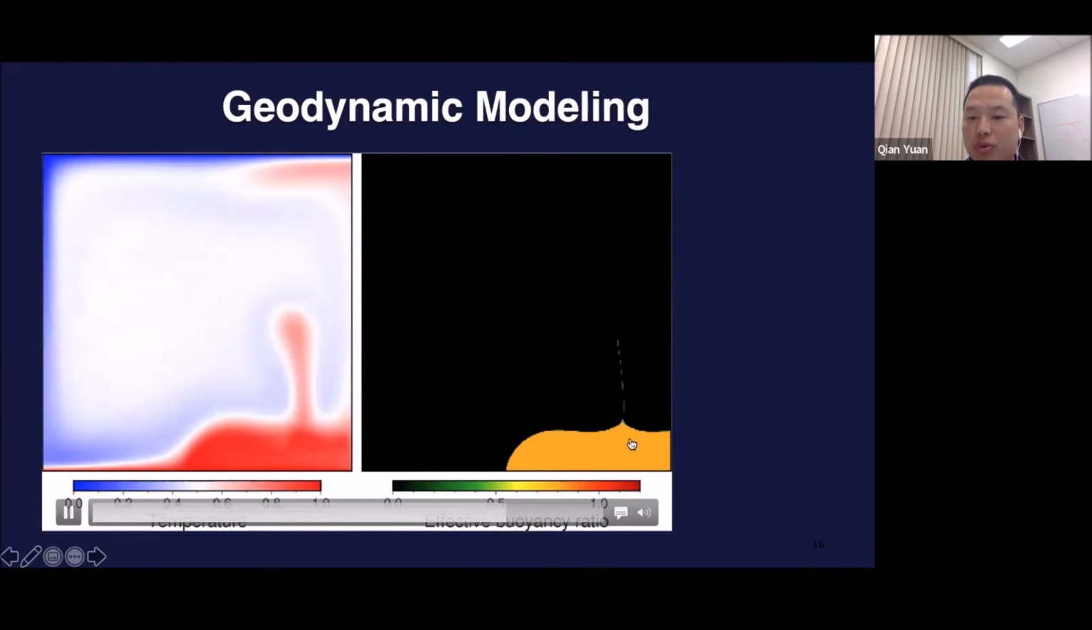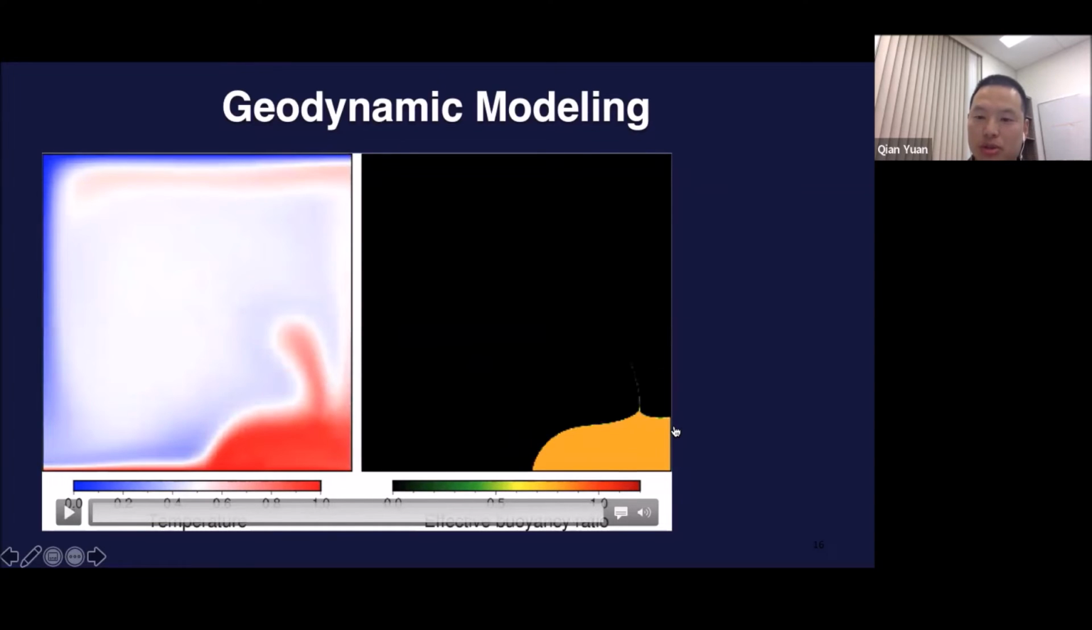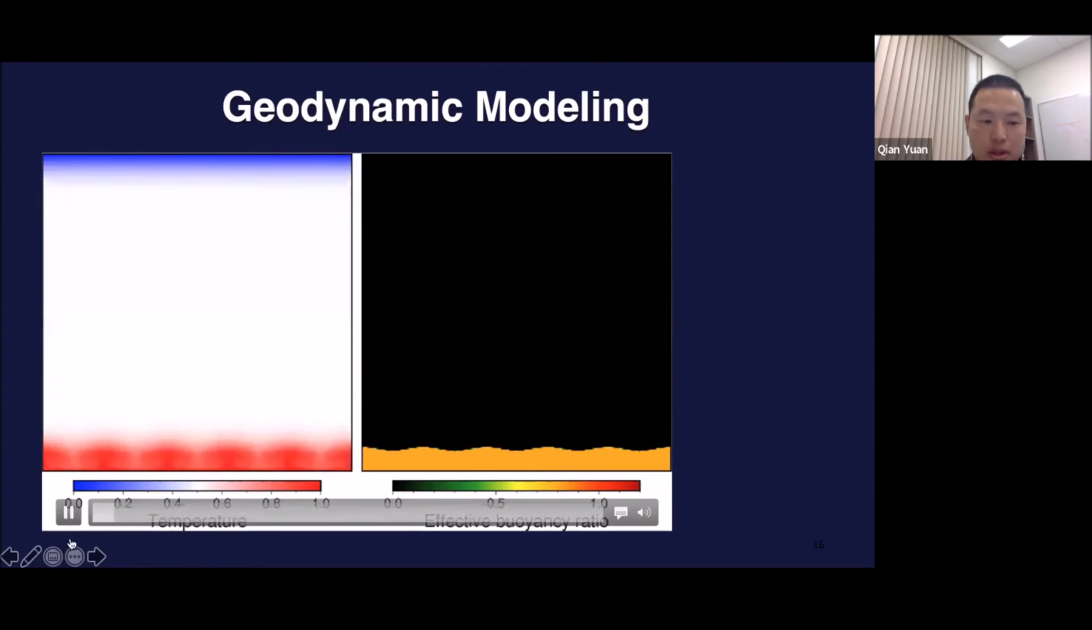In that way, we start to measure the height of the LLSVPs, of the blob. I shouldn't say LLSVP because it's models. Yeah,